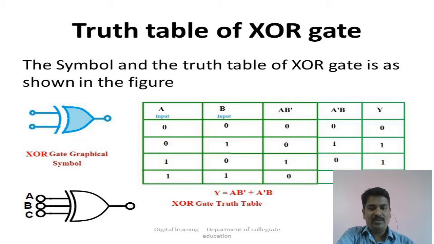And we also have the last combination, that is 1 1, A equals 1 and B equals 1. In such a case, A B bar is 0 and A bar B is also 0. If you do a logical addition for 0 and 0, it will be 0 again. You get a low output for the XOR gate only when inputs are equal, either 0 0, or both the inputs are 1. In such a combination, the output will be 0 for the XOR gate.